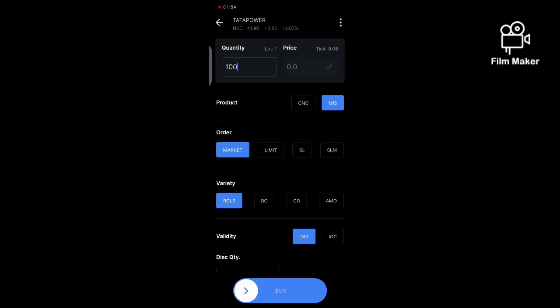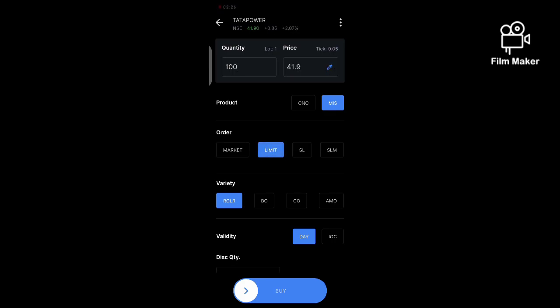The problem with market order is that since you cannot choose the price, if you want to buy 100 shares, there is a chance for you to get all the 100 shares at the market price, that is 41.9, or you may get 24 at 41.9, another 24 at 41.8, and the rest at some other price. That means you have no control over the price, and whatever the market price is, the whole number of shares will be credited according to that price.